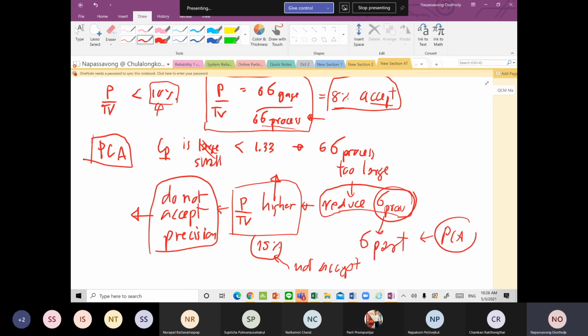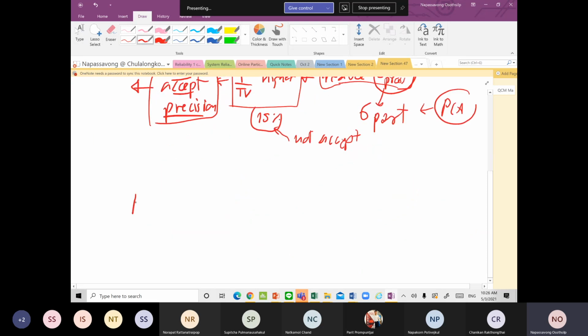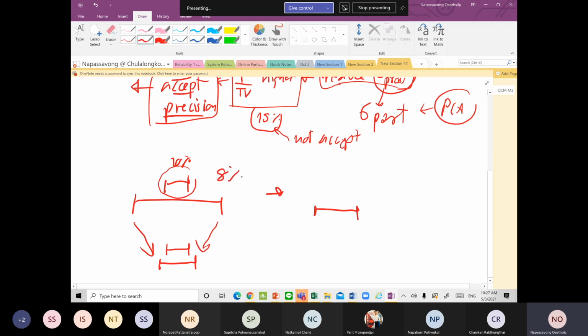Very simple. Now we do not accept the precision of the measurement system because the key point is that if the variation of the process is this much, we have to keep this ratio to be 10%. But now the process variation is reduced to this much. Compared to this, the variation of the measurement system, if it stays at the same level as before, 8%,